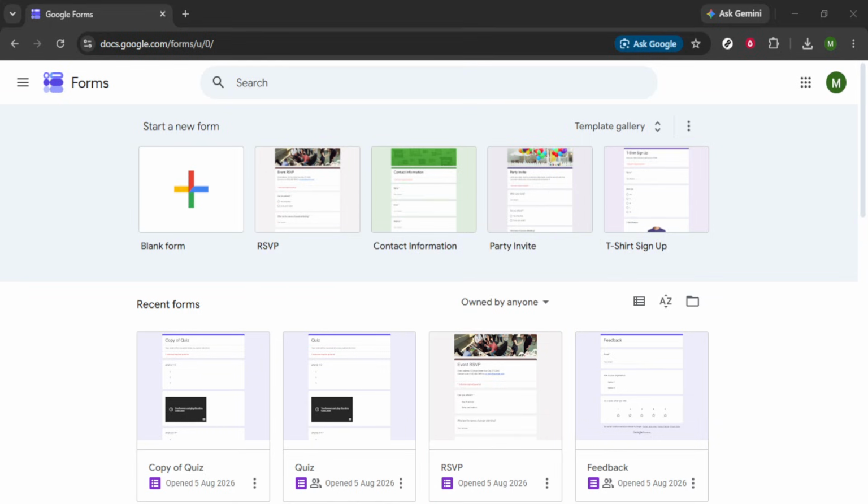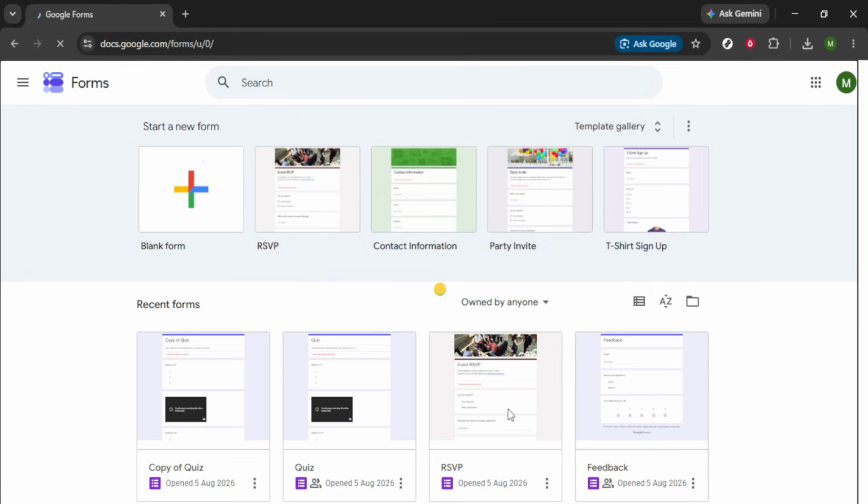Creating forms with Google Forms is an easy and convenient way to gather information. But you may notice something when you're building your form. You'll see that during the editing process, there's no visible submit button. This can be a bit puzzling for those who are new to Google Forms, but don't worry, I'm here to